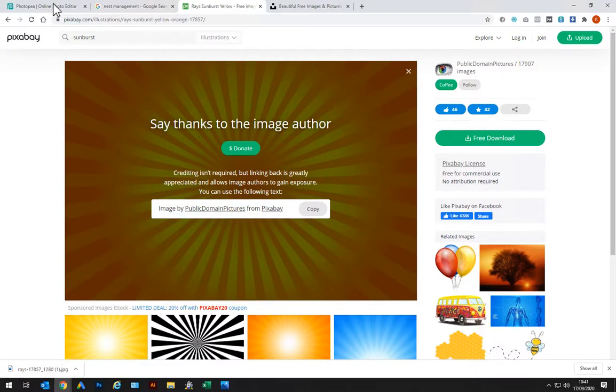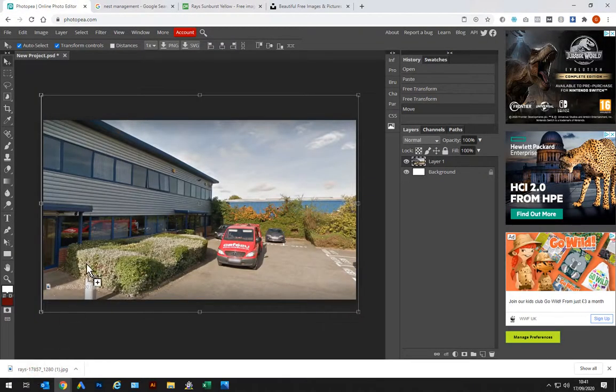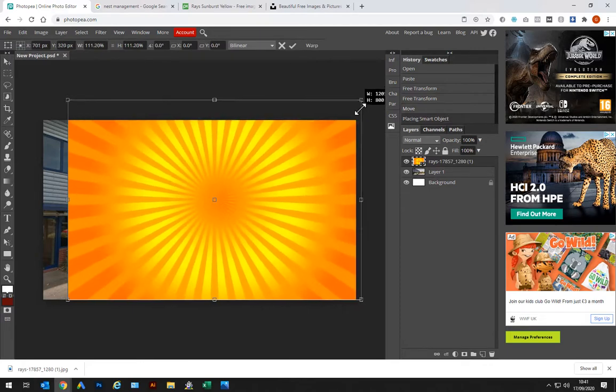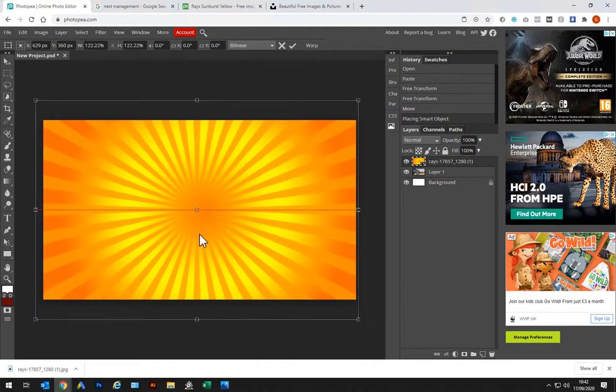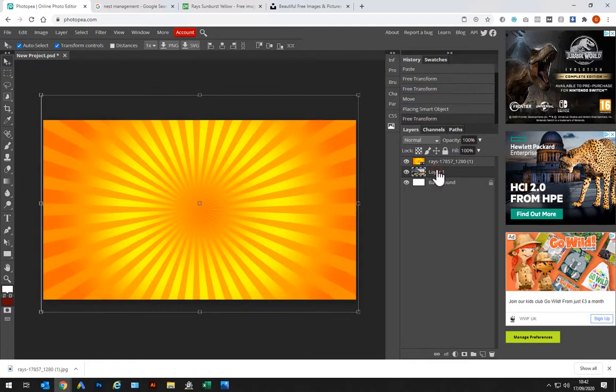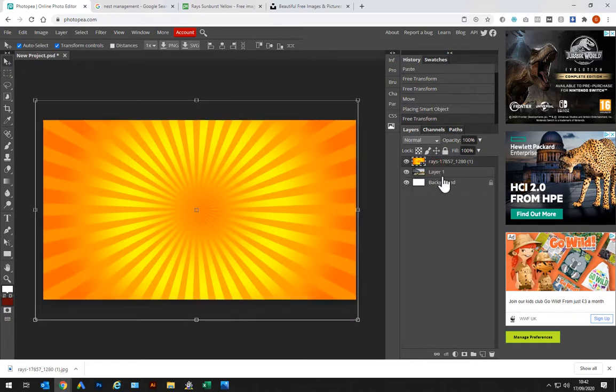So we've just downloaded this image. Let's drag this onto the screen here, and resize it so it fits the screen. Great. Now, if you've not used Photoshop before, you might not be familiar with the concept of layers, but every